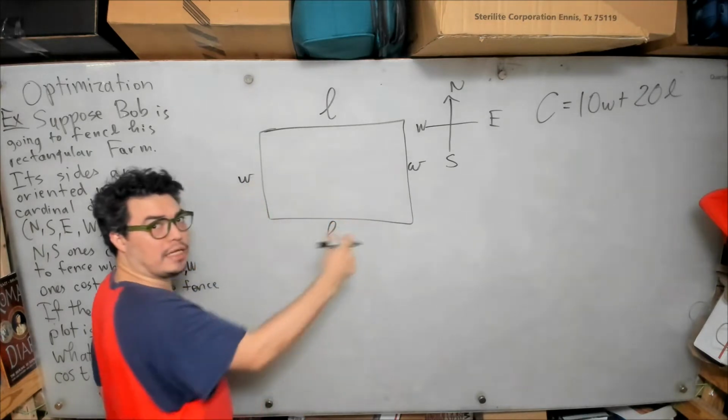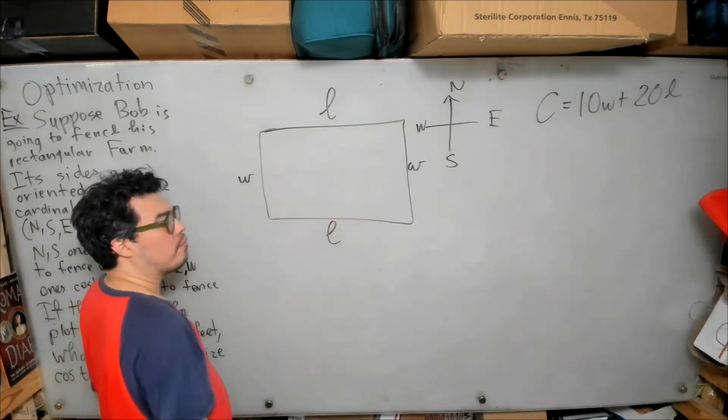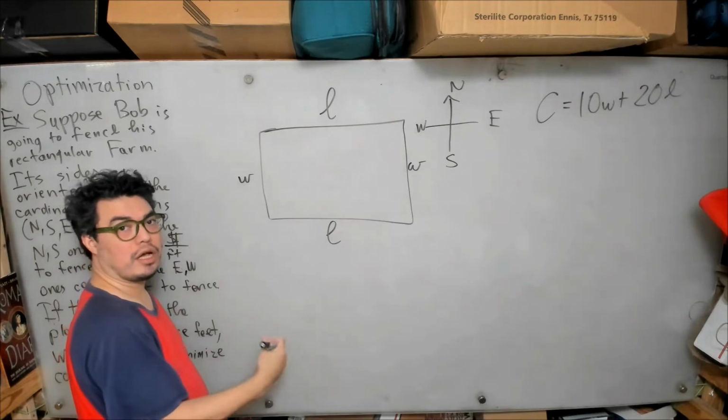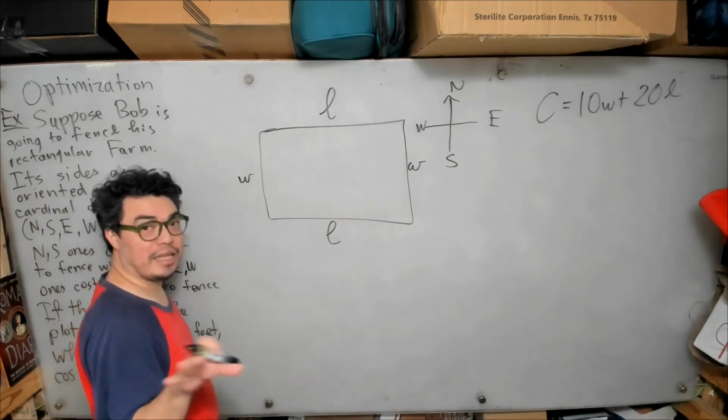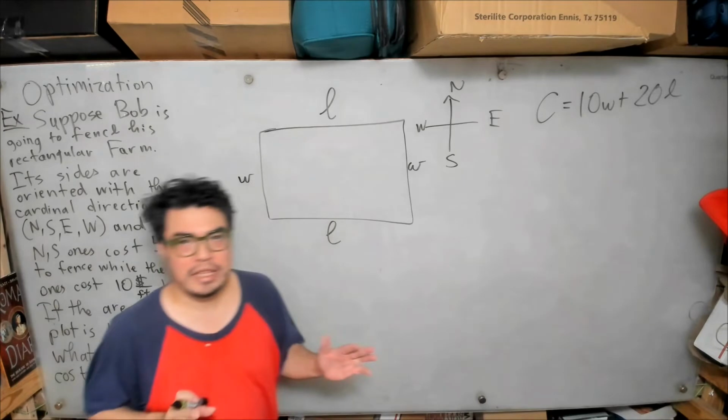Now this is a rectangle, right? There's no doubt about it. First of all, I drew it as a rectangle, and so therefore it's a rectangle. You see what I'm saying? No, I'm kidding. That was a joke. By the way, I should mention, now that I made that joke,